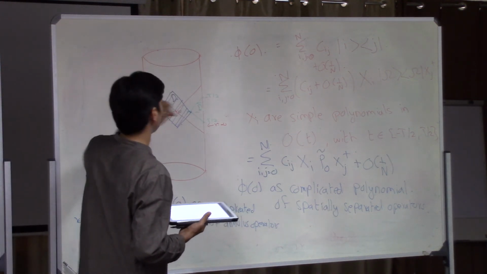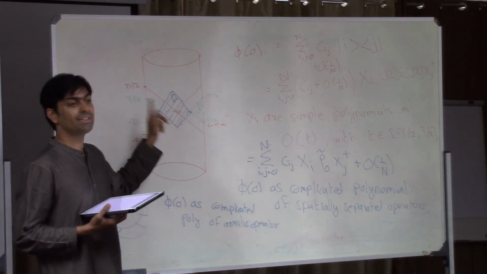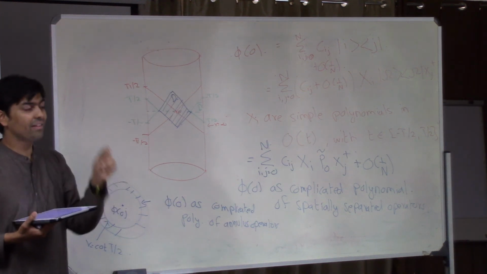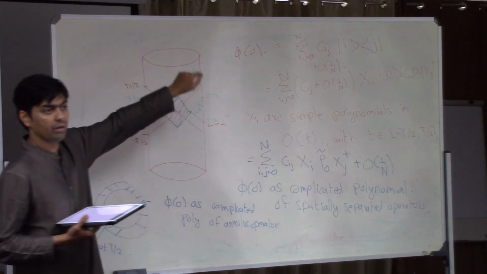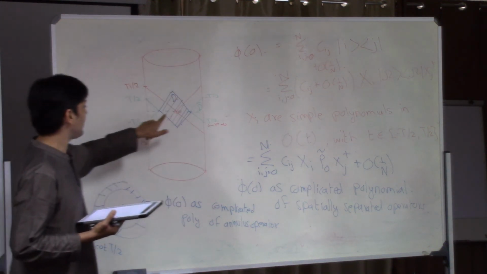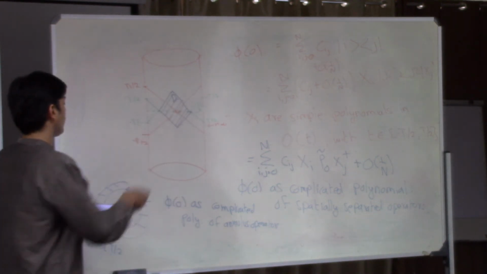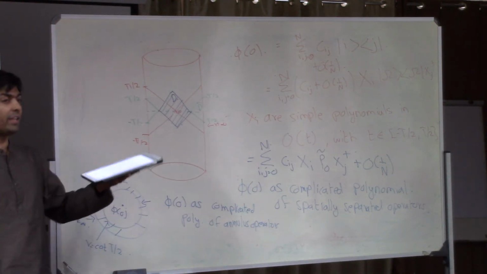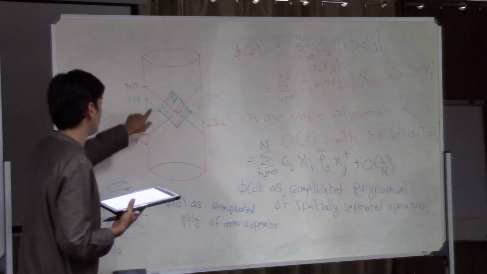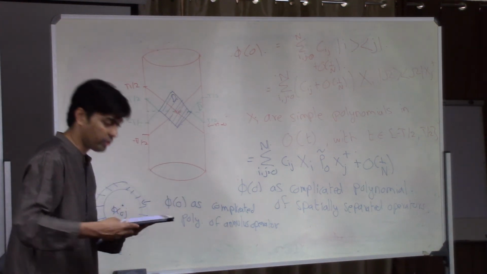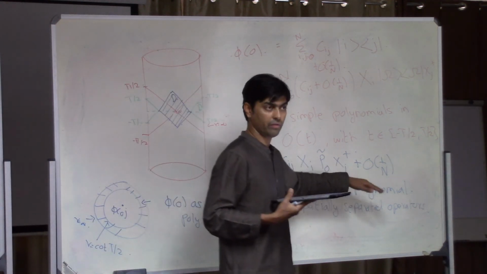Remember that the set of operators in the CFT at one given point of time is complete. If I just give you the set of operators on a time slice at t equal to 0, that is a complete set of operators in the CFT. So that set of operators also includes the operator phi of 0. So it's not surprising that you can write the operator phi of 0 in terms of operators that live in this band, because the set of operators, even at a single point of time, if I tell you everything I know about the CFT, I've also told you everything I know about the bulk. Not just in parts which are causally linked to the boundary, but also everywhere in the bulk. So in a sense, if you know AdS/CFT, the statement is not surprising.